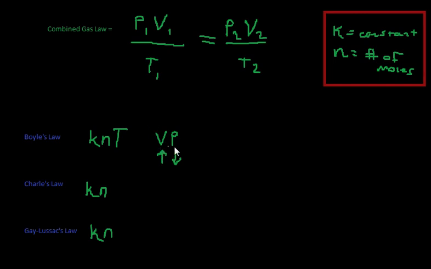If we wanted to write the equation for Boyle's law, it would be the same thing we have up here, except for temperature, because temperature is constant. So why don't I write it out first? We could have pressure and volume of your initial amount, and then the pressure and volume of your ending amount. And that's the equation that you would use for Boyle's law. As you can see, if we memorize the combined gas law, and we know what's constant is the number of moles and the temperature, and we know that volume and pressure have an inverse relationship, then we can just go ahead and